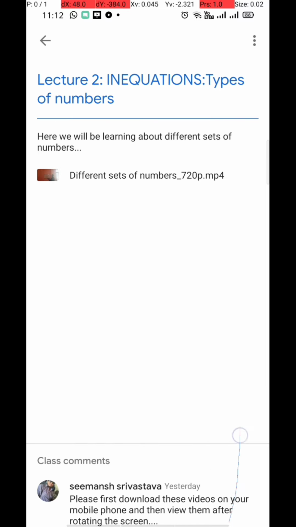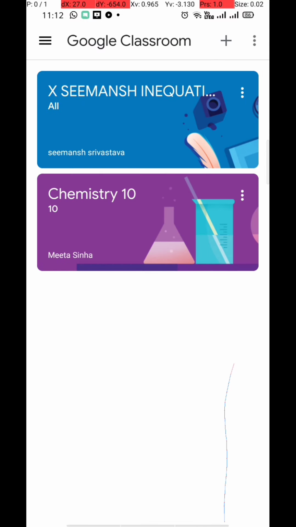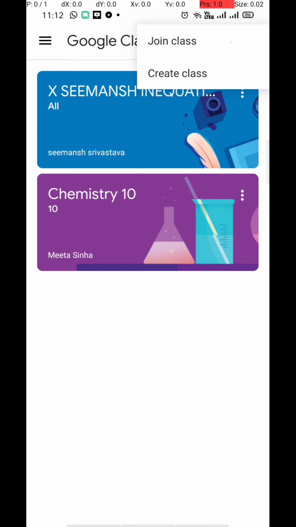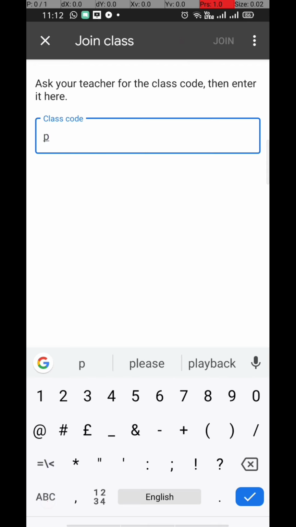In this way you can see the various lectures given by the teacher. In the same way, children, you have to join the other classes also. Kavita ma'am has also shared one class code. I will show you one more example. I am filling in the code here.